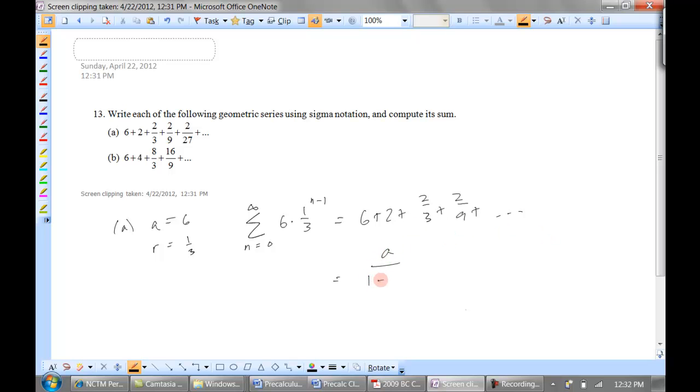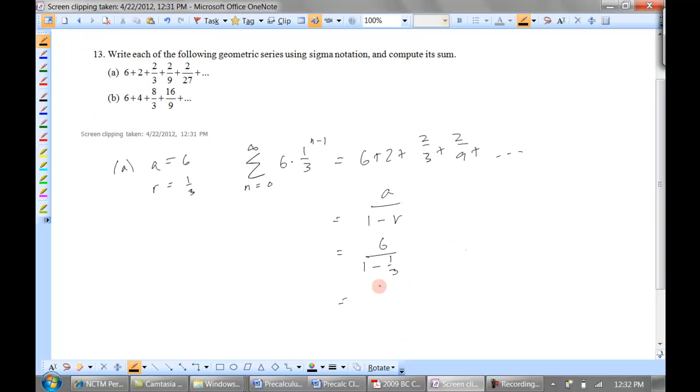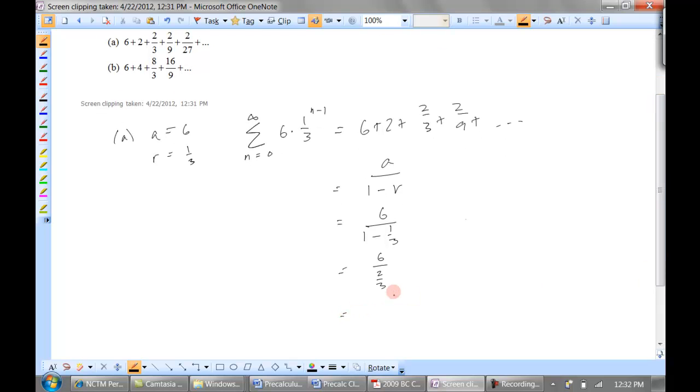that's the first term over 1 minus r. So 6 over 1 minus 1/3, 6 over 2/3, you need to invert and multiply, and you get 18/2, which is 9. Okay? Let's see if we can take any questions, comments, or concerns. Alright, well, I can't answer them anyhow, so